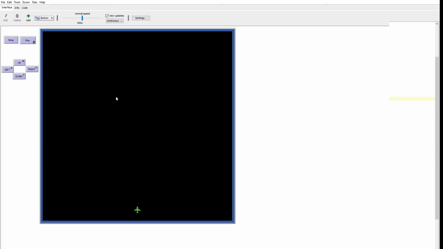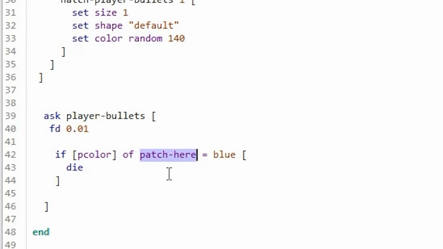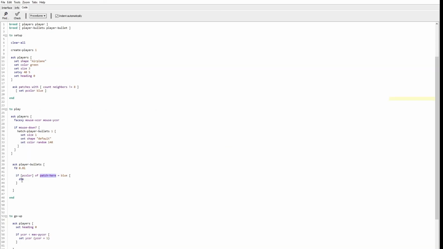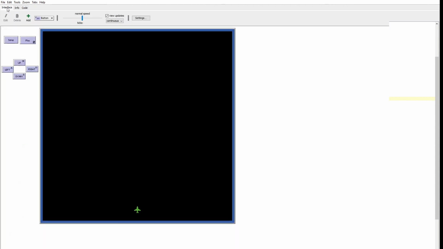When the bullet is in the middle of the screen, the patch color is black. But when the bullet is in the border, the patch color is blue. So we are capturing the patch color, and if that patch color is blue, the bullet should die. So let's try it. See? The bullets are no longer appearing in the border.